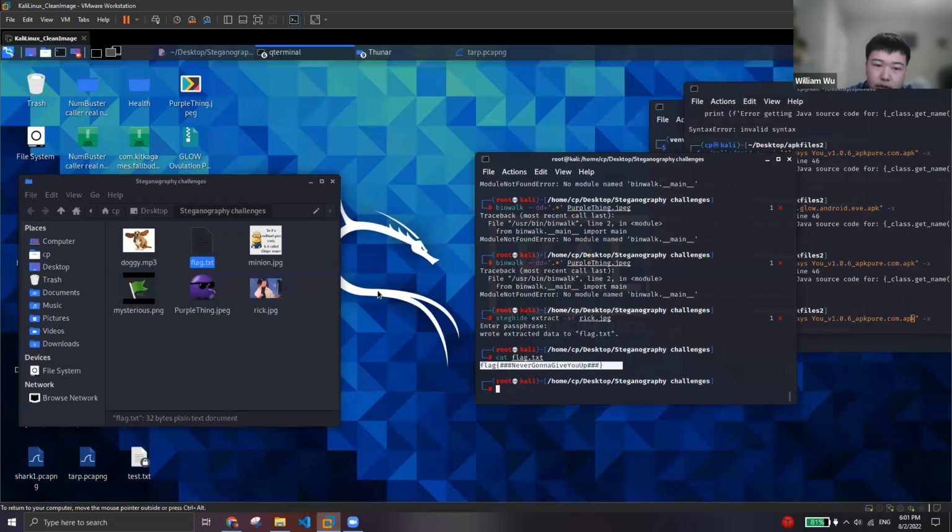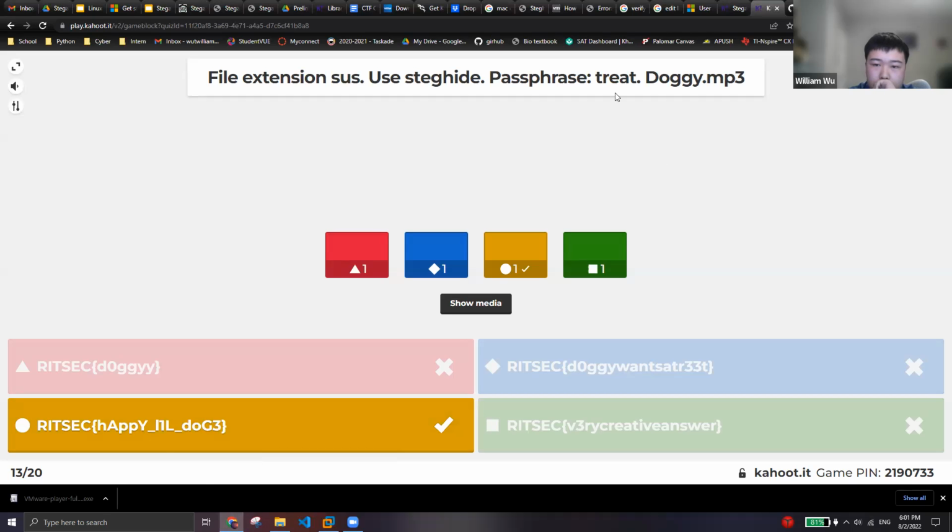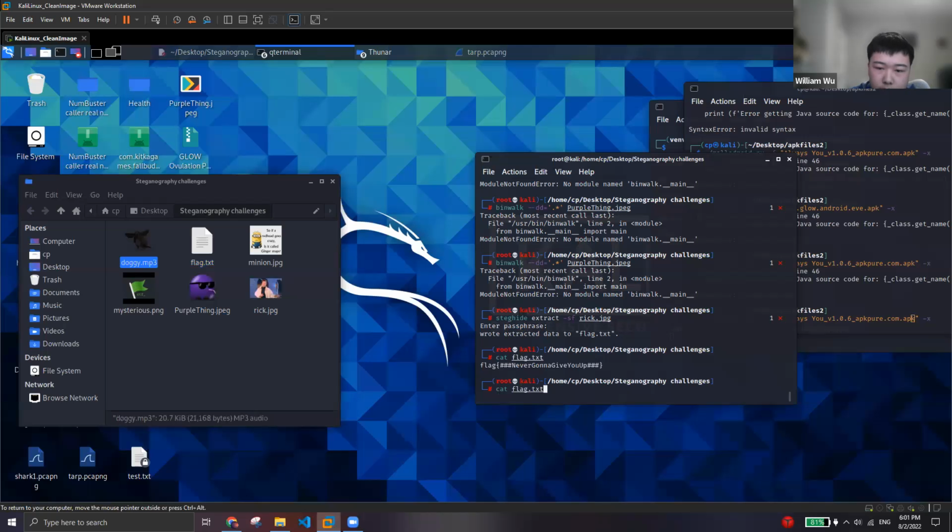see. So this is the same thing. We have steghide, but this time we have a passphrase, which is treat. We do the same thing. Steghide dash extract